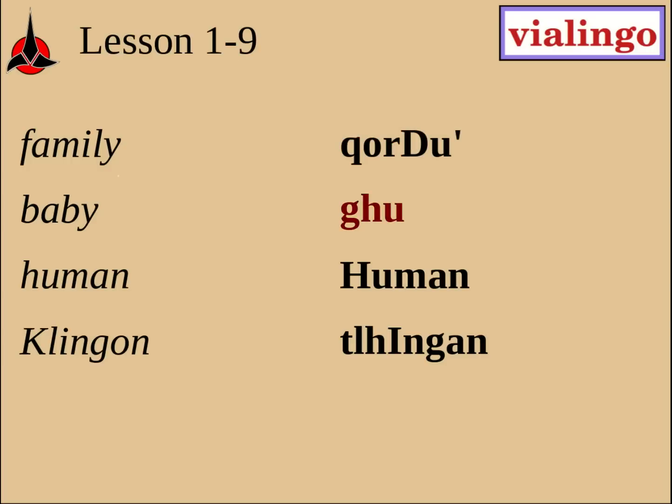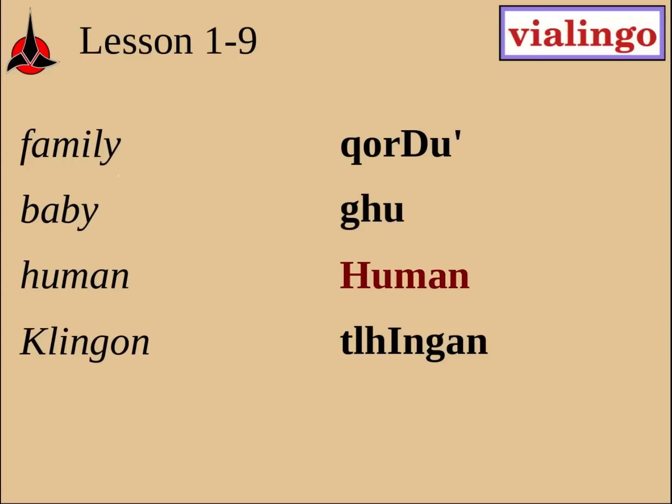Baby is ru. Imagine giving up your baby to a kangaroo. The baby grows up inside the kangaroo's pouch. Ru. The words for star systems, planets, and the people who live on them are often the same in both English and Klingon. You won't need images to remember these two words.